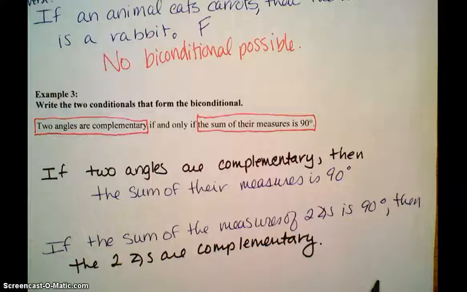And I use different color pen to show where each is showing up in the statement. So anyway, hopefully you were able to do that. You do have some leeway in how you expressed it. Notice when I wrote the second one, I had to say if the sum of the measures of two angles is 90,